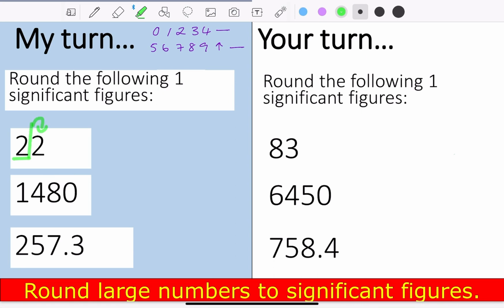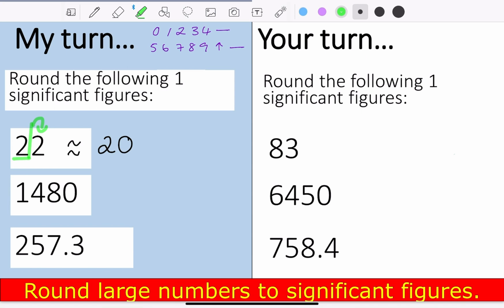We then look at our neighbour. Our neighbour is 2. So 2 we know keeps us the same. So my rounded value is 20. That wiggly equals means approximately, shows that we've rounded it. So the next one,